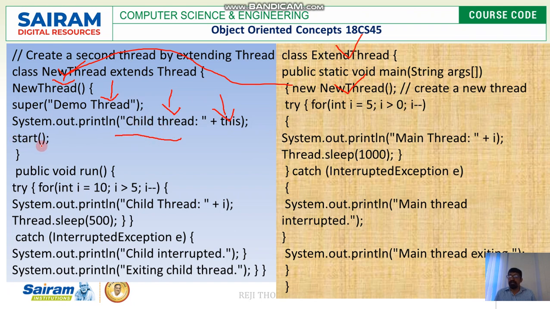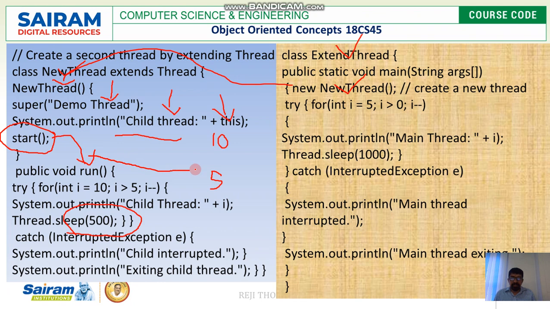And after this we have a start method. So we are not creating any object of the class, we call this directly. To take the previous case where we have implemented the interface called Runnable, we call the start method using the object t.start, but in this case we are not taking it. We call the start method directly. Start calls the run method where I'm going to print the numbers starting from 10 and which ends at 5. So in between, your child thread is going to pause or stop its execution for this many nanoseconds. Once this is done, start calls the run method.